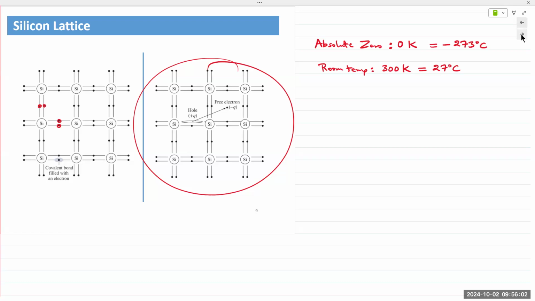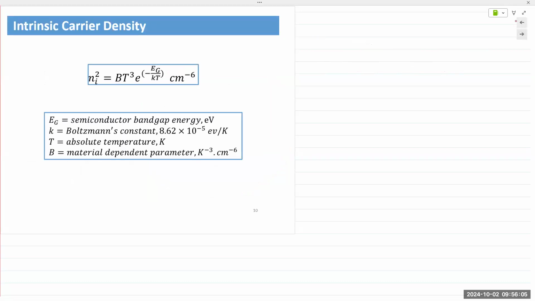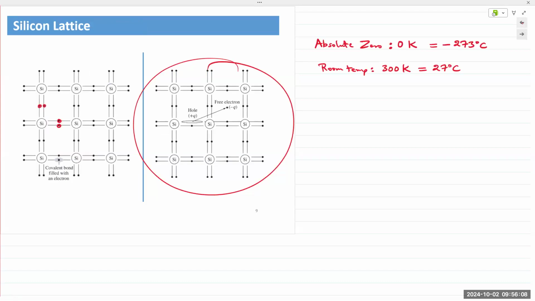Two more things. First is a concept of a particle that is created when an electron moves out of its spot. When an electron breaks its bond and moves out of its spot, it leaves behind an empty spot. That empty spot is known as a hole. It's important to understand this concept because let's say you have these